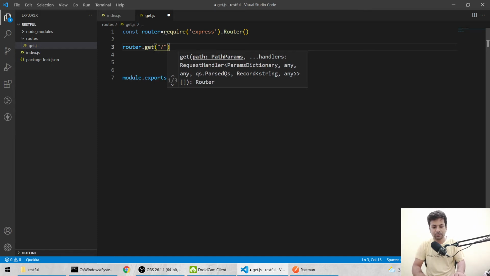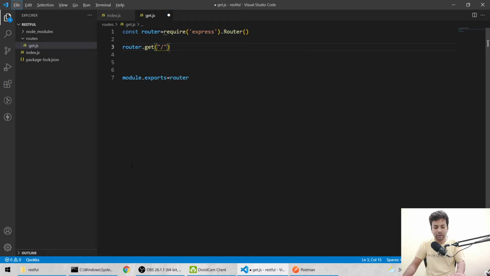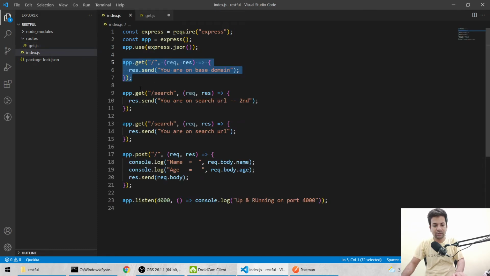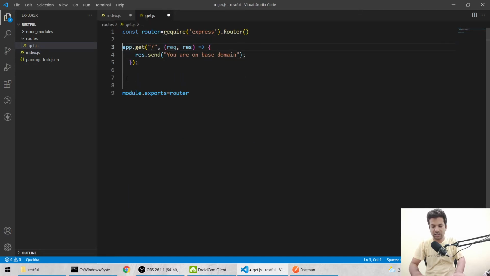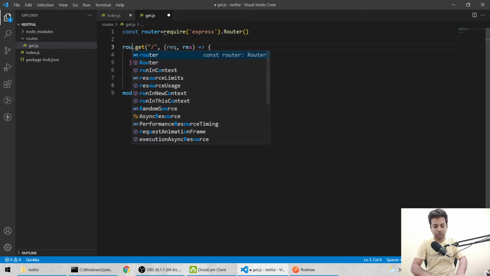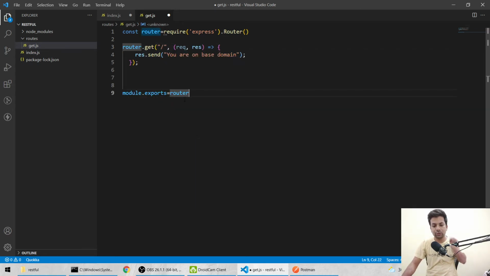Now we'll make the same thing. Let me just copy this, cut it and paste it here and change the name to router. So now it's doing the same thing, taking request and response and sending back the URL based domain.